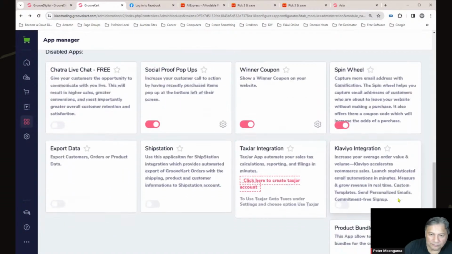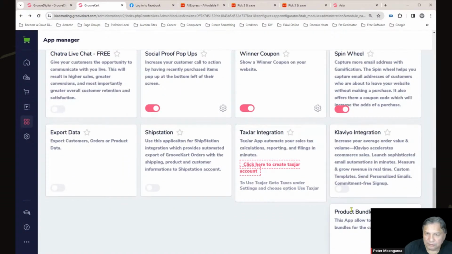happen when people come to your site and the spinning wheel comes up and they spin the wheel, and then they might get 10% discount or 20%, and then they can add that coupon to their purchase. And I think from memory, you could have it so that they can only win once, maybe once a day or once forever. Only one time only, because it recognizes your IP address. But yeah,